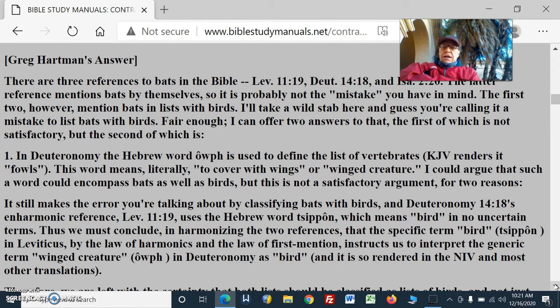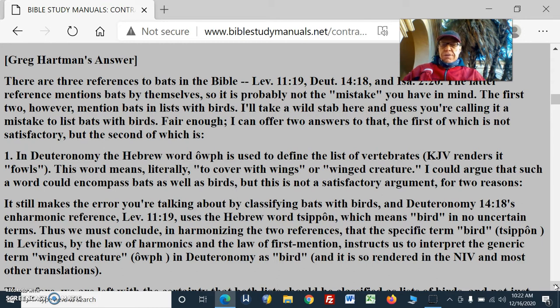In Deuteronomy, the Hebrew word rendered opha is used to define the list of vertebrates. The King James Version refers to it as fowls. This word means literally to cover with wings, or winged creature. I could argue that such a word could encompass bats as well as birds, but this is not a satisfactory argument for 2 reasons. It still makes the error you're talking about by classifying bats with birds, and Deuteronomy 14:18's